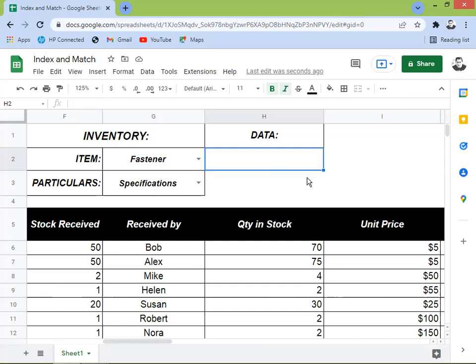So we have the columns and we have the rows. The rows are the item, and then the particulars are the columns. In order for us to find a particular item or a particular value that we're going to look up, under the data we're going to use the INDEX and MATCH function. So start again with the equal sign,